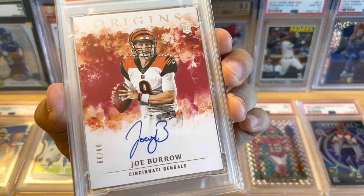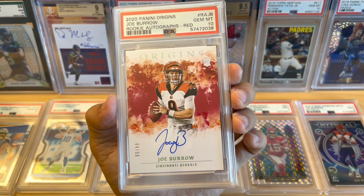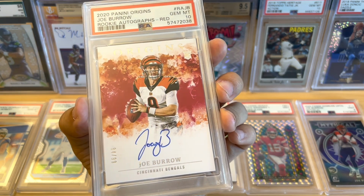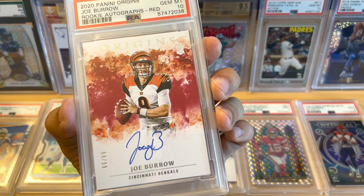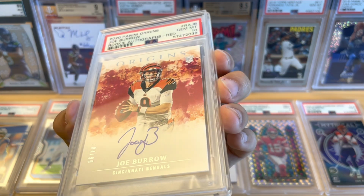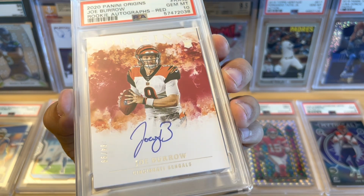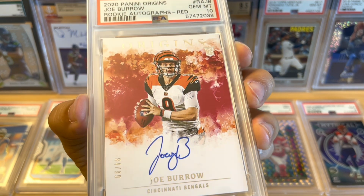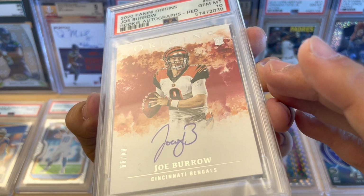Just a perfect on-card Joey B. I love his auto. It's just an awesome card, massive ROI. Was surprised by the 10 because I did buy it raw. It is very clean, corners and edges. It does have some minor surface issues, which is why I was worried about even going down to possibly an 8. You're not going to be able to see it, but there are some minor indents, which you get with Origins,